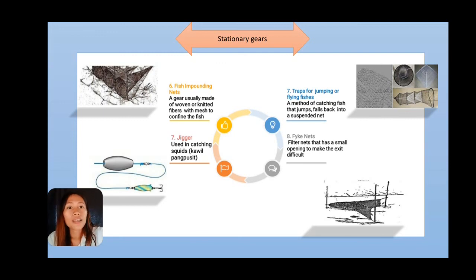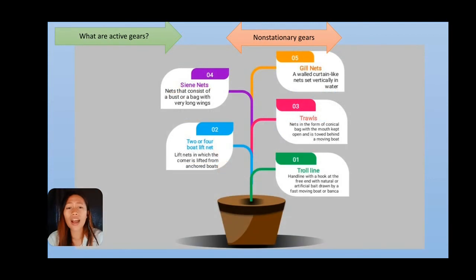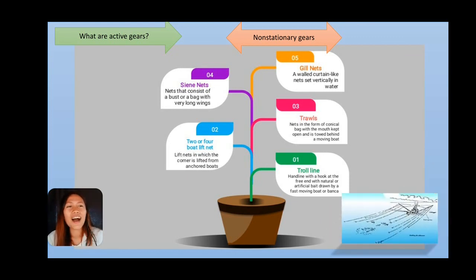So next is what are active gears? So active gears are non-stationary gears wherein you mo exert kag effort and energy, more energy and more nga mga tao. So more energy gani, daghan nga tao ang magamit or moabot pa jud sa point nga mag-boat na ang gamiton nga mga engines nga naay boats. Boats nga naay engine, nabali na, sorry. So nadaot sa bagyo.